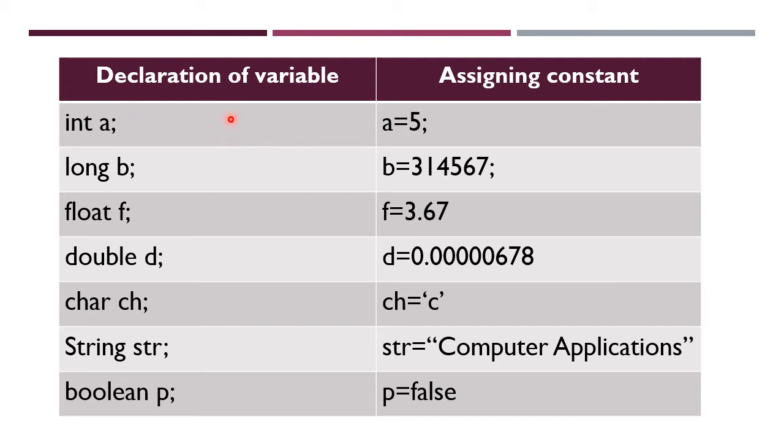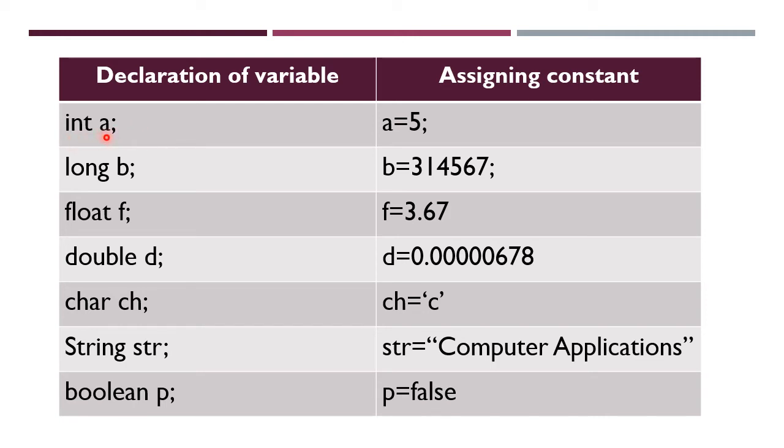You cannot assign variable a some floating value. Floating means some decimal value. Here a is declared as an integer type, so a is able to store only integer values. If you try to store some other data type value, like a character or a floating value, into an integer variable, then it will give an error.